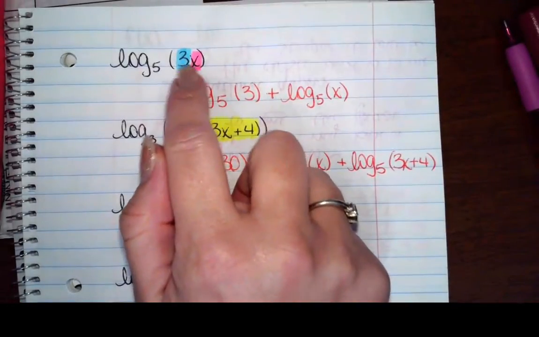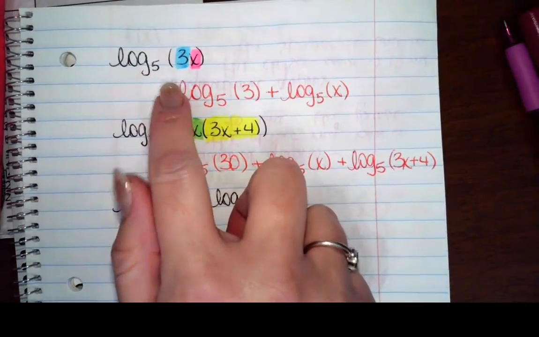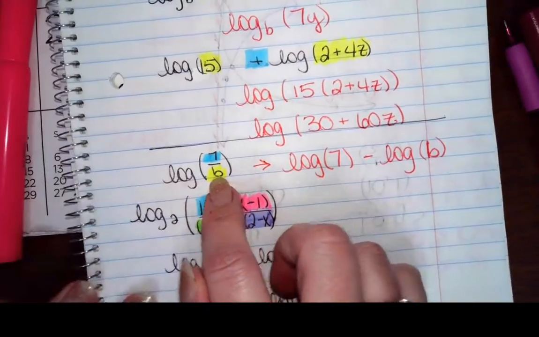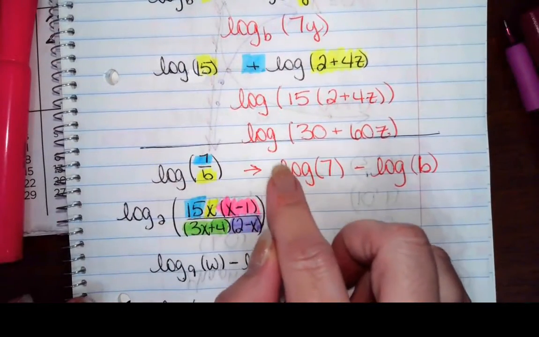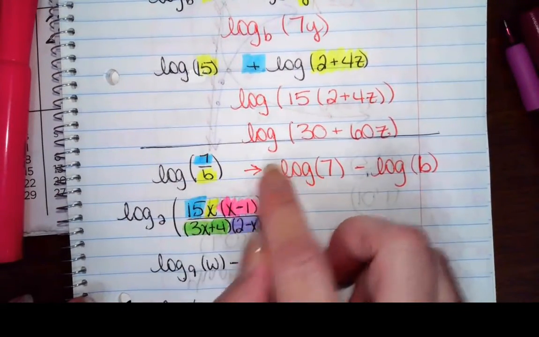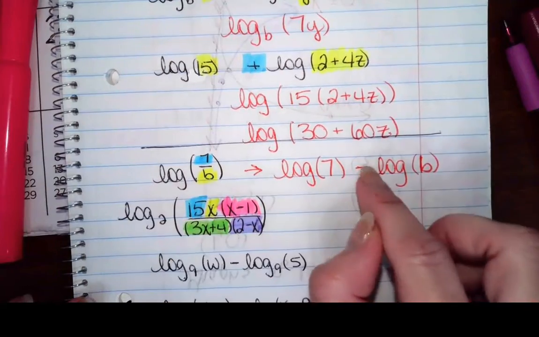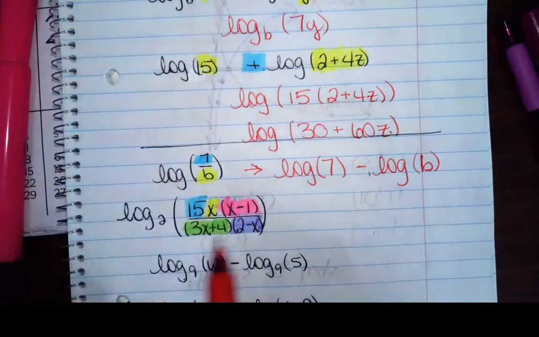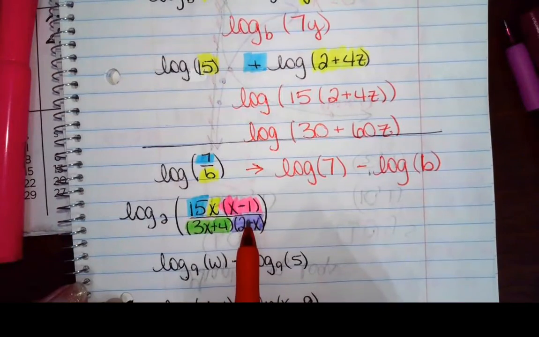Look up here. I had a 3x. This led off positive. There's a positive 1 there. And this led off positive. Okay? Now look what happened when I was in my denominator. The 7 was in the numerator. He led off with a positive 1. The b was in the denominator. That logarithm led off with a negative. Okay? So what this is going to look like is I'm going to have 1, 2, 3, 4, 5 separate